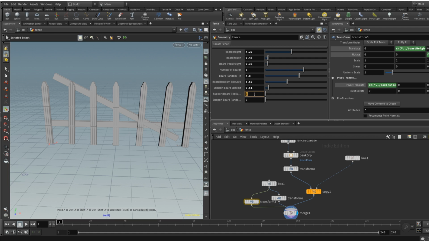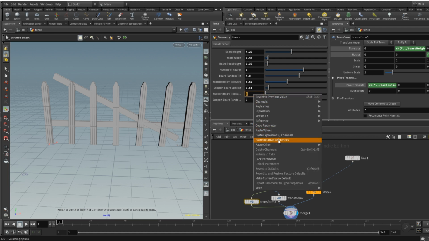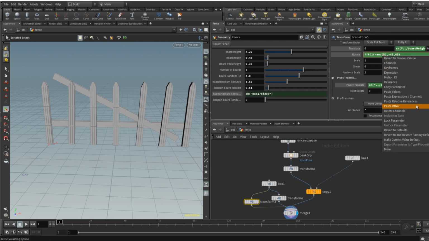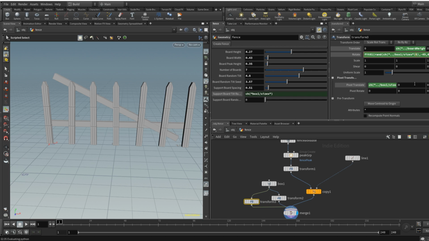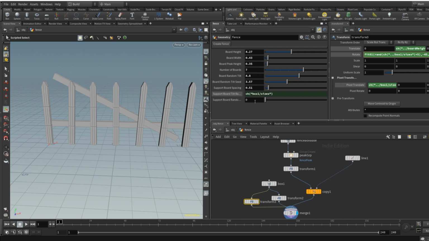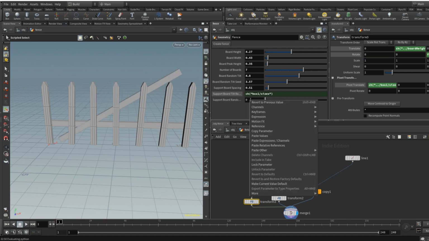So let's copy relative reference, and then in this fit range I'm going to right click, paste relative reference, and then we're going to say that we're adding 5 to that. And then here, oops,